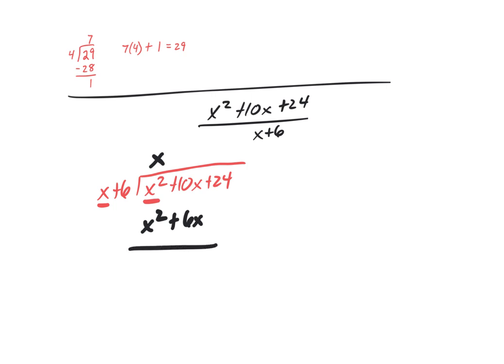Okay, here's the part where probably most people get the most confused. When I took 7 times 4 up here, I got 28. But what did I have to do with the 28? I had to subtract it, right? So we have to subtract this expression from this expression. So what we're going to do down here is when we subtract this, we're going to